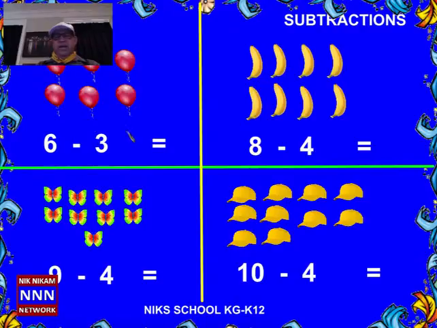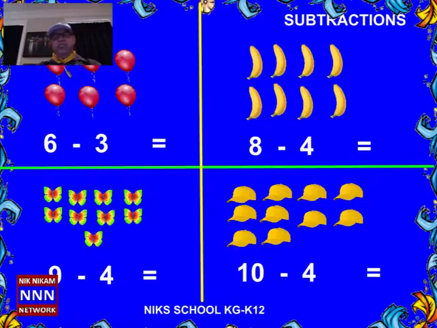Okay, I like this slide. It's really pretty. Did you see? We got nice borders, and we still say a subtraction. And we have some bananas, balloons, butterflies, and baseball caps. Oh, the numbers are getting bigger and bigger here. Oh, this should be more fun now. Okay, let's look at it.